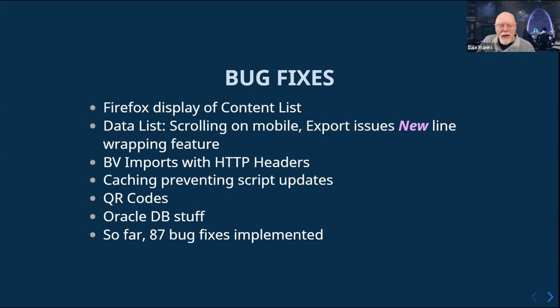and so occasionally these very browser-specific issues will still pop up. A couple of things we fixed with the data list, one of which is on mobile only, where when you tried to scroll the data list, it would scroll the entire page, which is not super useful on a phone. So we had to be sure that on mobile devices, the scrolling for the data list was separate from the page scrolling and could be discriminated on mobile.